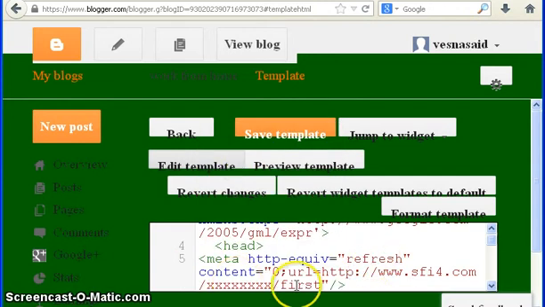Now, all this is the code you need to press, and this will be your SFI landing page address. The thing you have to do here, press here and replace these X's with your SFI number. If you don't replace these X's, then it will not land on your SFI landing page. I made these X's here just to show you how to do it, and then save template. Press on save template.